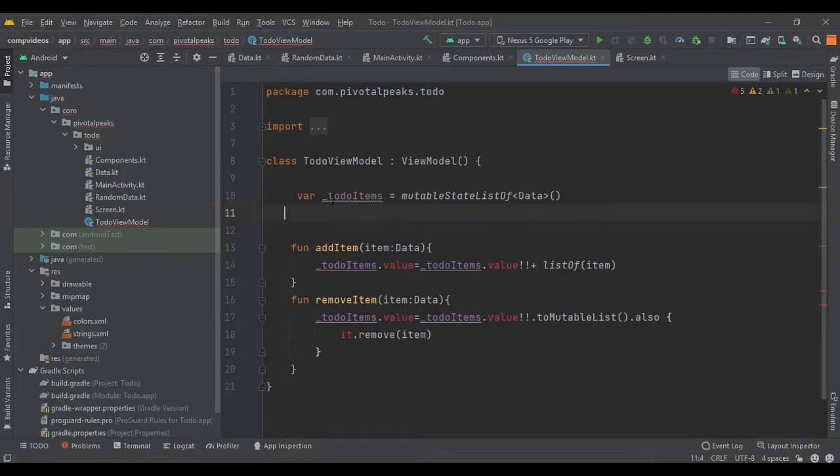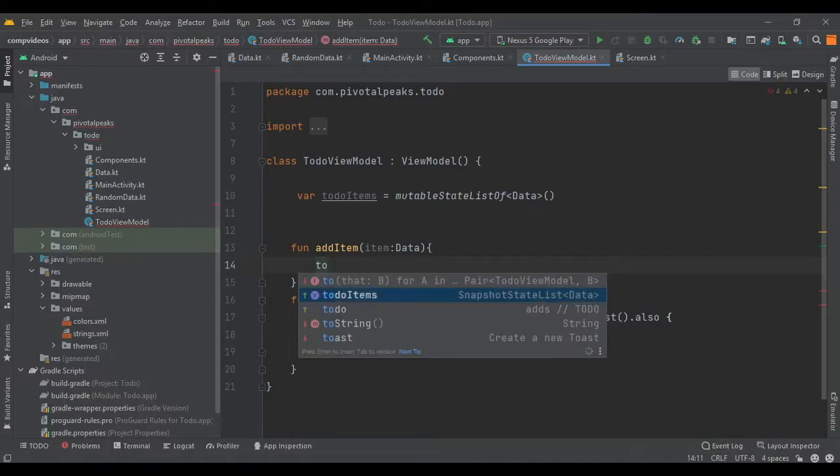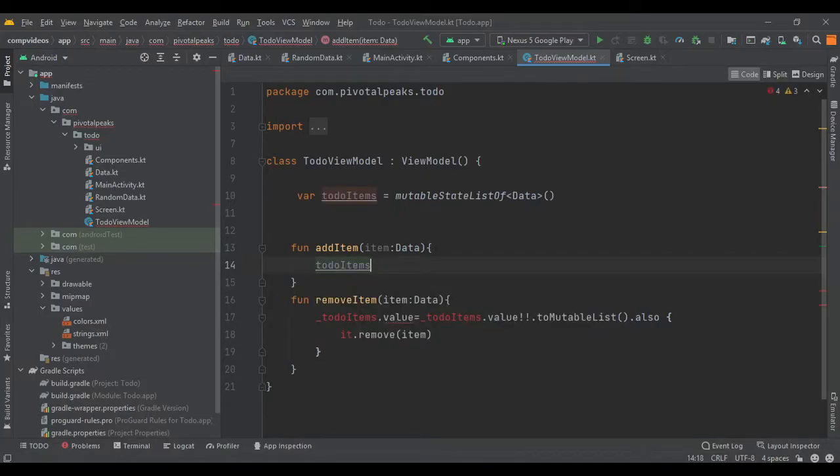And let's change the name of to-do items, just remove the hyphen, and let's also modify the function for adding an item. It will simply be todoItems.add, and we just pass the item.